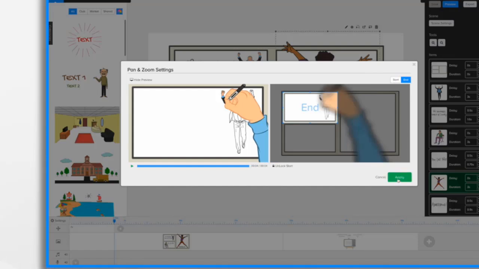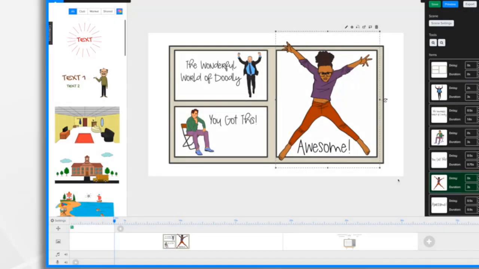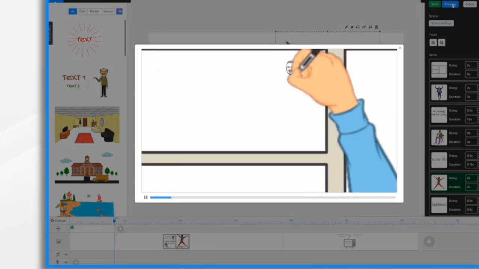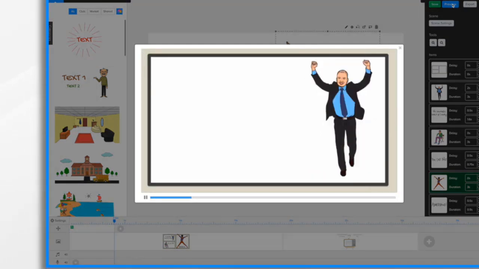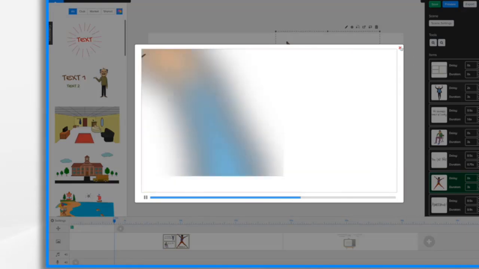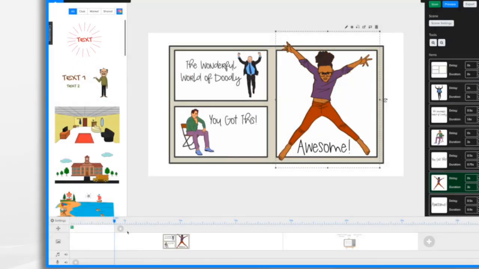So I'm going to go ahead and hit apply. And let's hit the actual preview button, see how that's starting to look. Okay, that's great. Now this camera will stay here until I tell it to do otherwise. So right now a lot of drawing is happening off camera. So we need to make our camera movement come in. So let's let it hover there for about a second,